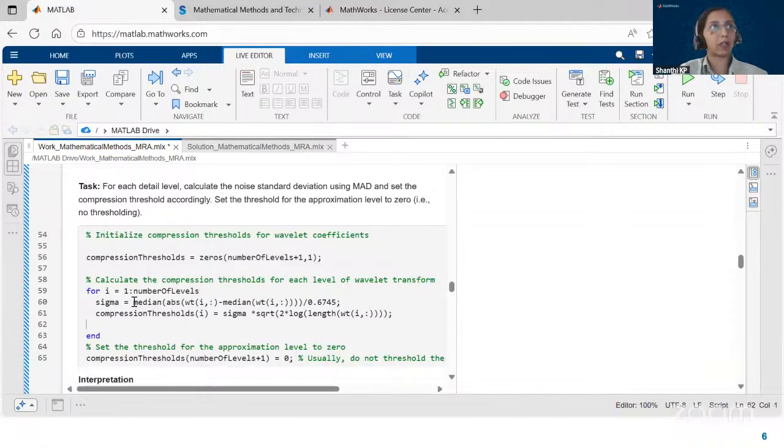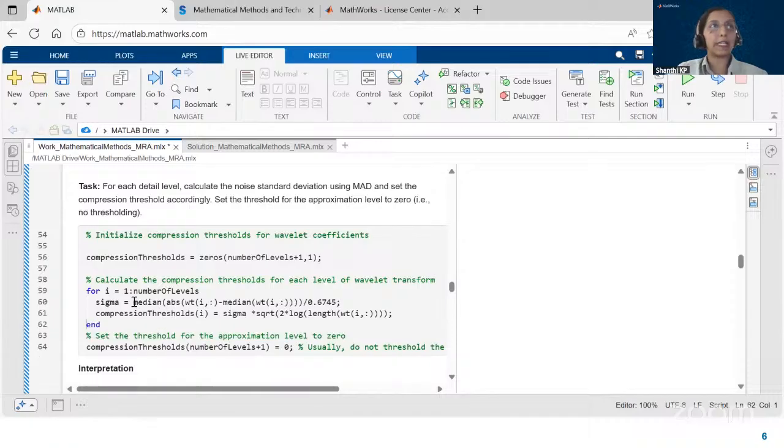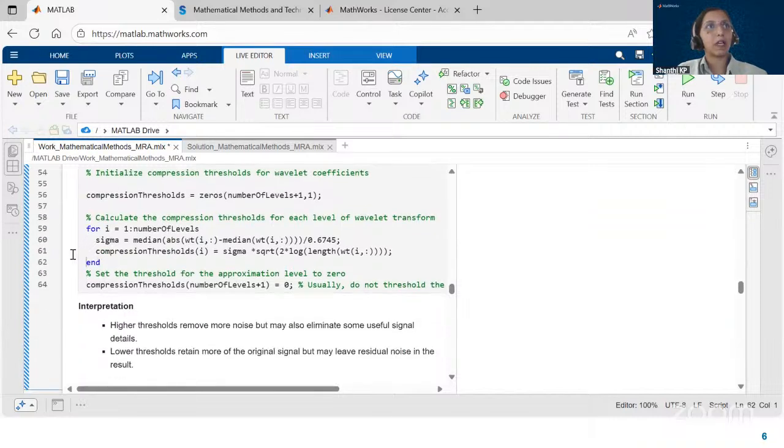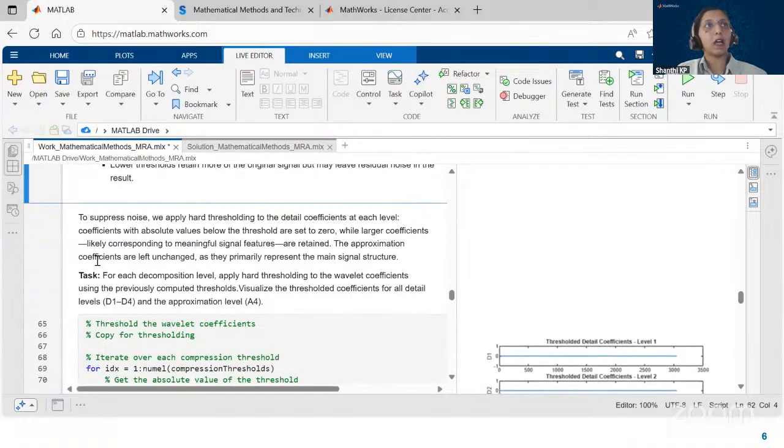So we are calculating the compression threshold for each level so that it effectively calculates the threshold for noise removal. We are using a universal threshold method, and we have already set the threshold for approximation level to 0. Let's run the section and calculate the compression threshold. Now, since we have set the threshold value for each section, now we will apply this threshold